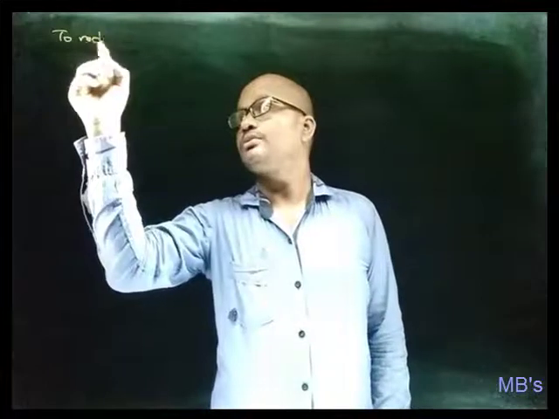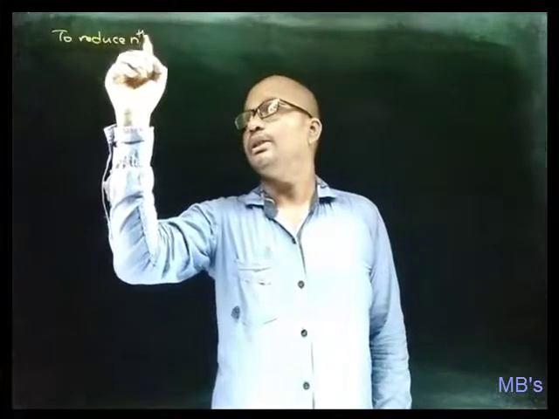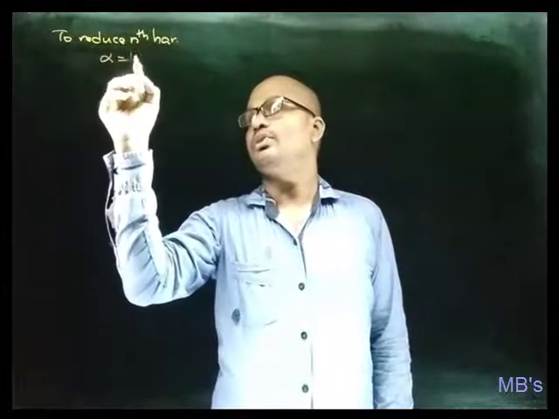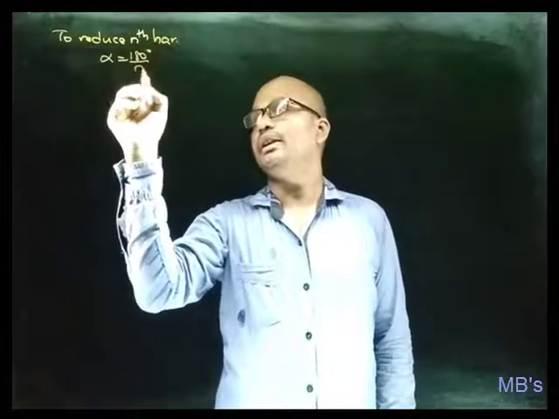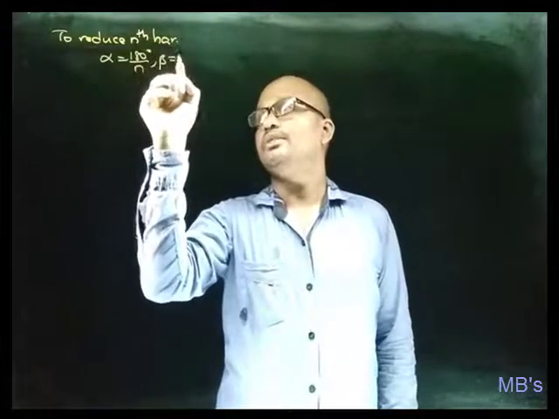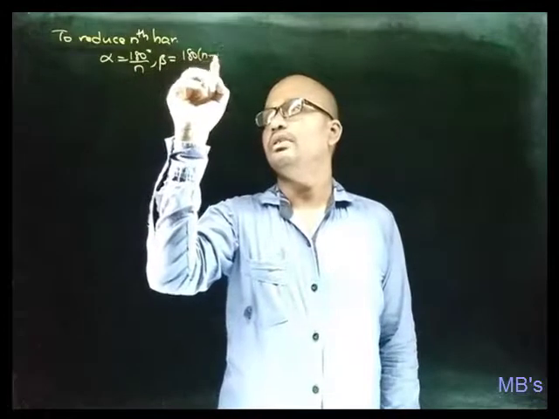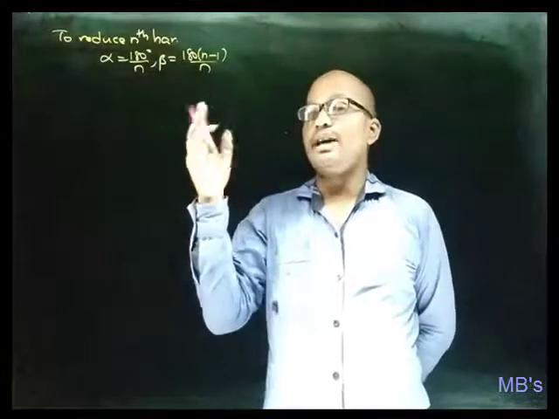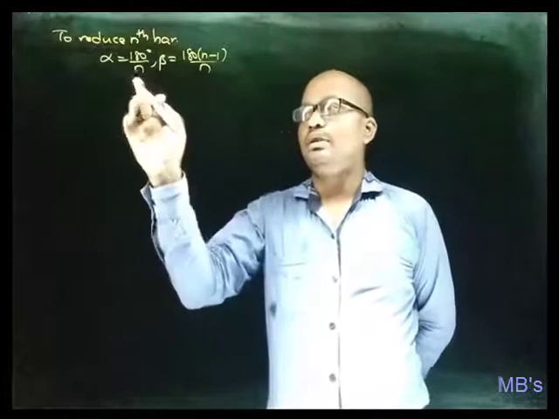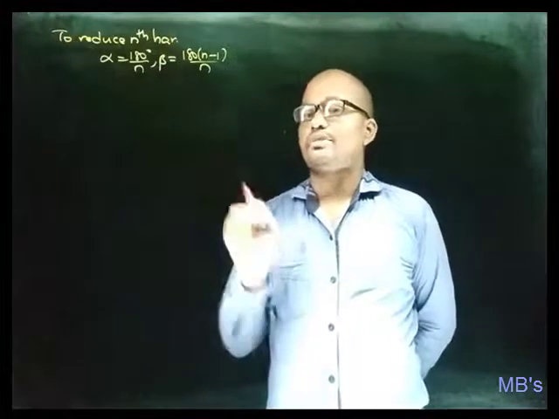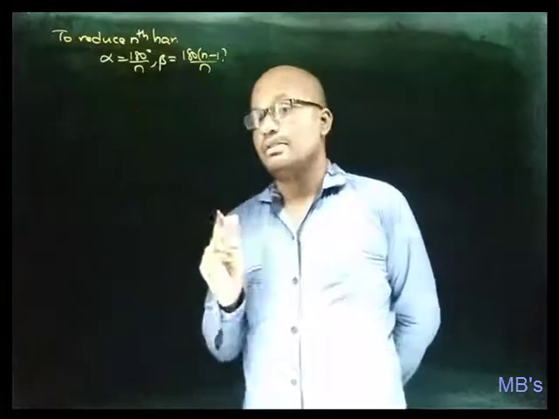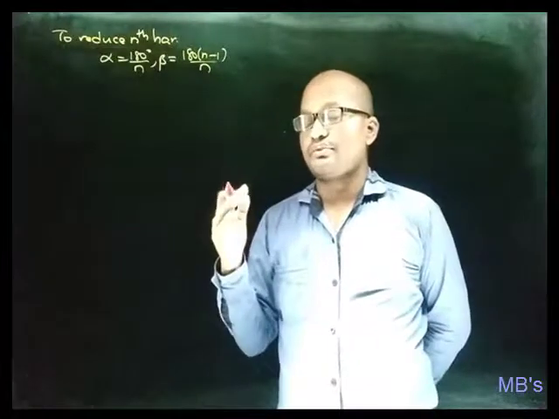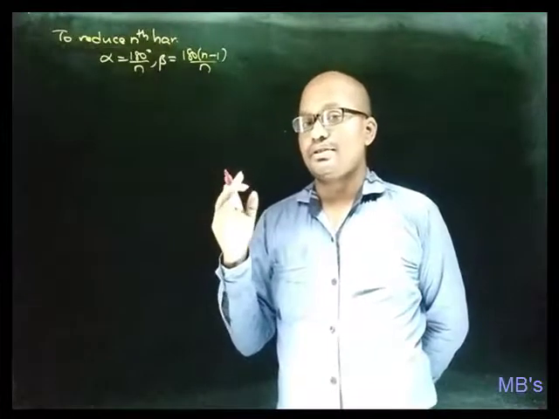So to reduce nth harmonic, alpha must be equal to 180 degrees by n, which implies beta is equal to 180 degrees into (n minus 1) by n. So if you want to eliminate that particular nth order harmonic, alpha must be this and beta must be this. And so far from the earlier discussion of harmonics, what we have discussed is even harmonics